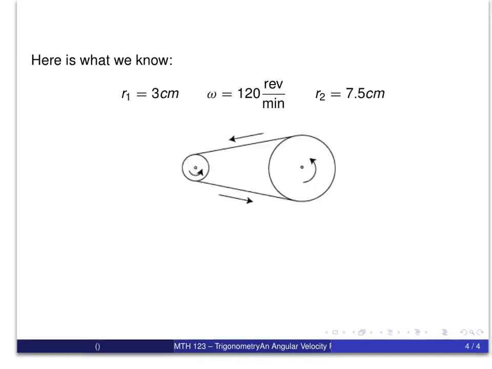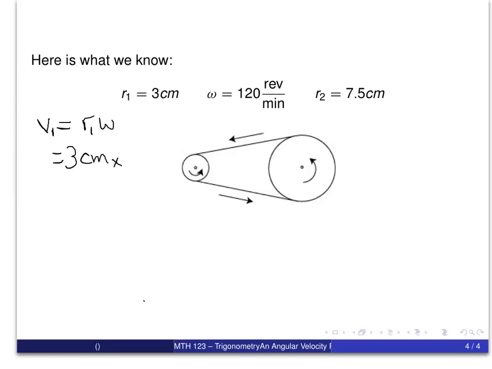So here's our problem again, and some of the given information we have. And since we know most of our information now about the small pulley, we will start to work with that. And in particular, we can use v sub 1, the linear velocity, is r sub 1 times omega. And now we know both of those values. And as you can see, what we will get is 3 centimeters